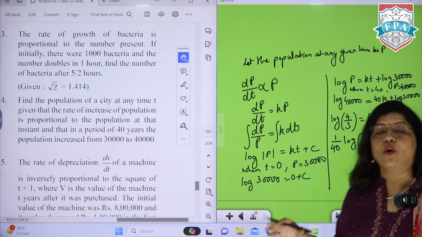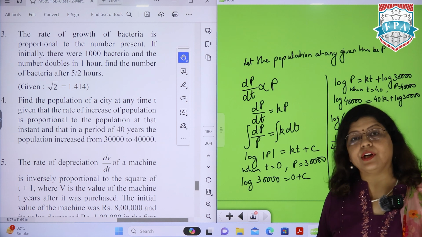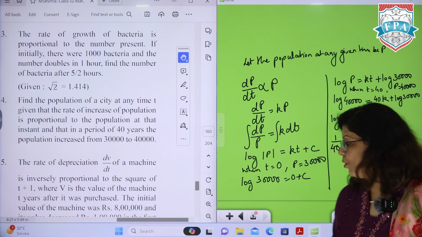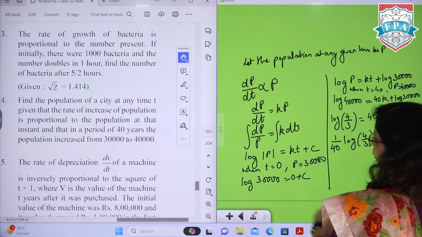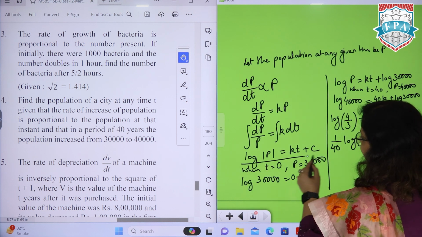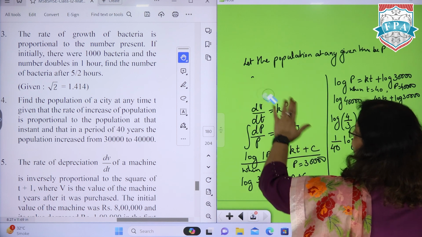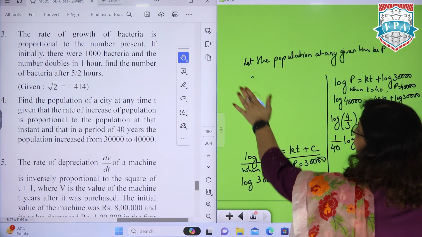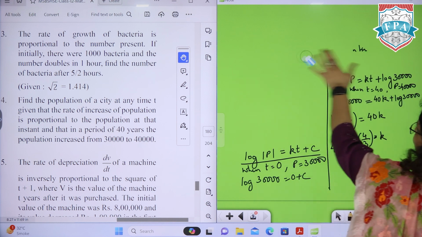But our work is not over here. We have found k, we have found c. Now we have to put them into the given equation. The equation we had already seen was log p is equal to kt plus c. I am going to put these values in it. So when I'm putting the values over here, the final equation which I'm going to get is